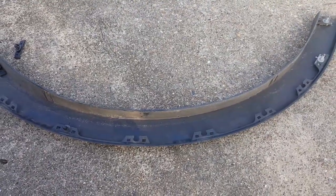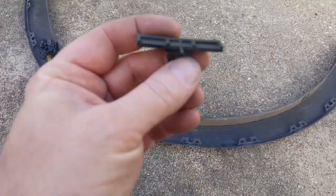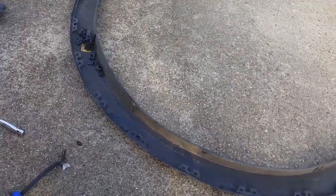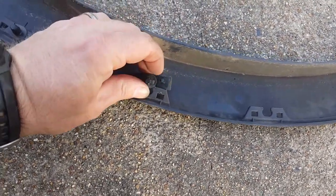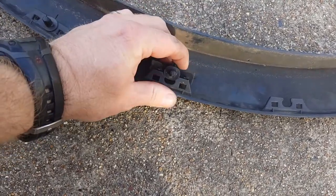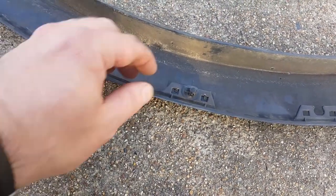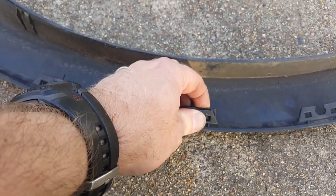The other mounting provisions the fender flares have are these little clips. They attach to the fender into the fender flare. See, they've got little tabs on them, and they fit in the fender flare like this. Oop, I got it upside down. And they lock in, the little tabs lock in each side. So what you're going to have to do, you have to depress these to roll the fender flare off, and